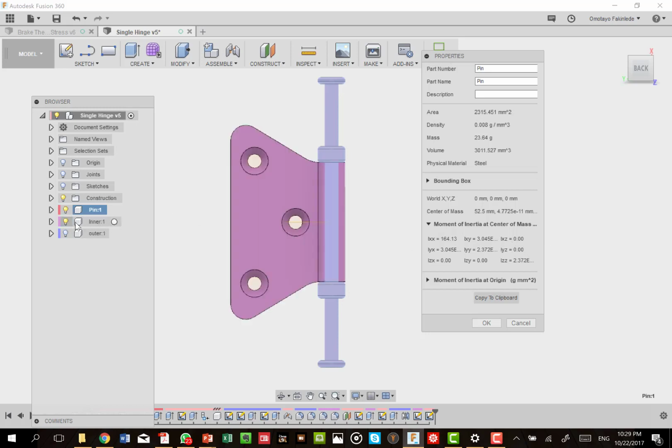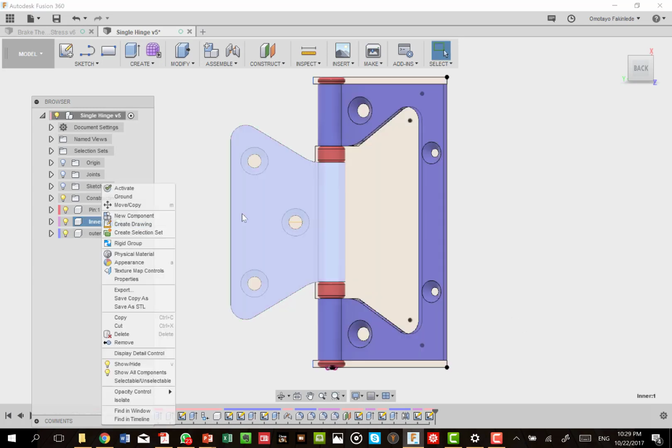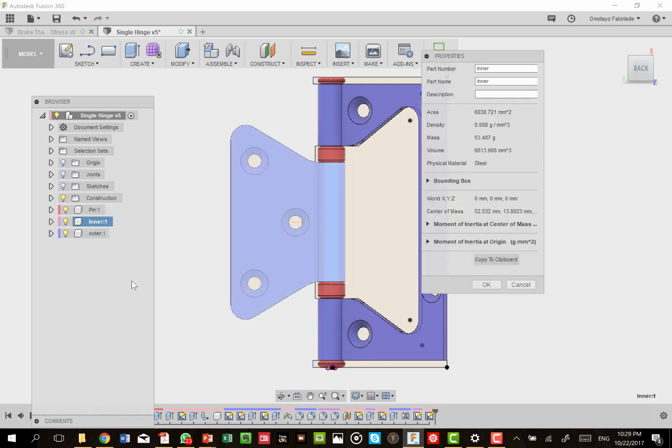We will get the same thing if we choose the inner. If we right click on the inner instead of the pin, let us cancel this one. If we right click on this inner and its color changes, and we look at its own properties here, again we have the properties of this.